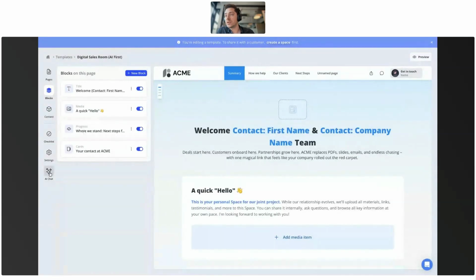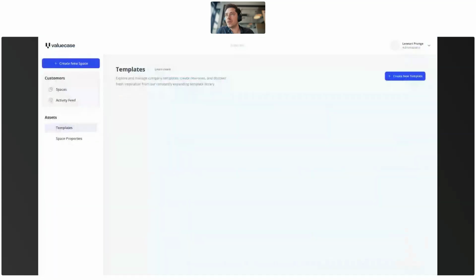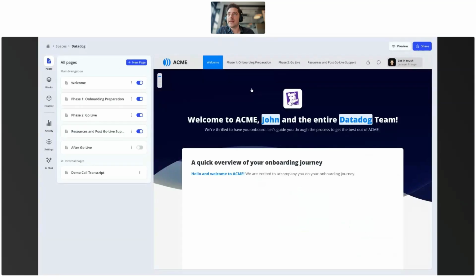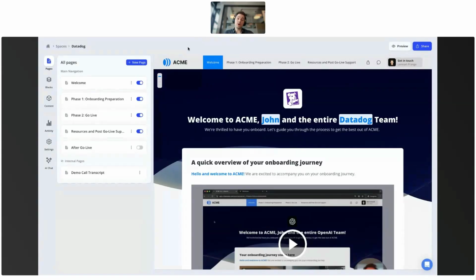And the other way, of course, to do the same, let me go to a space now. So I have this Datadog space here. The other way, of course, to work in a very similar way are our new